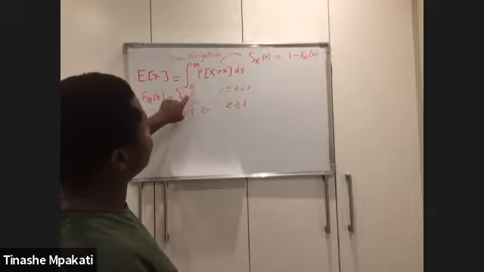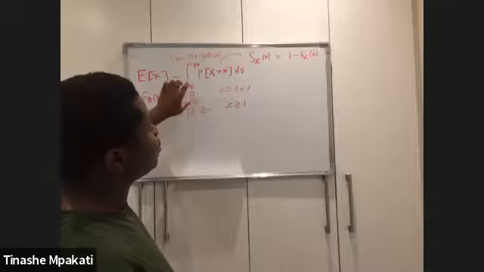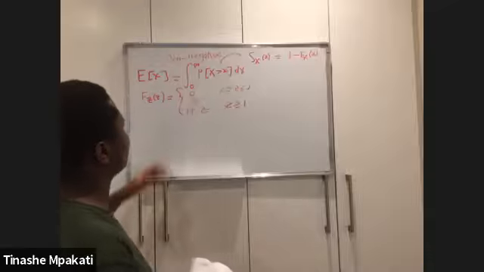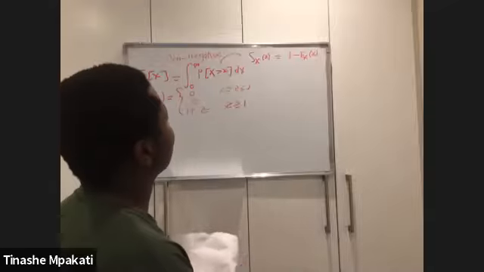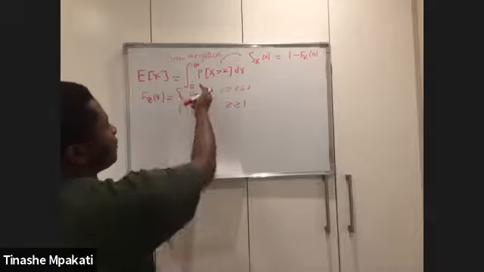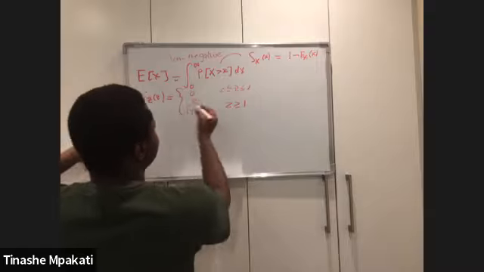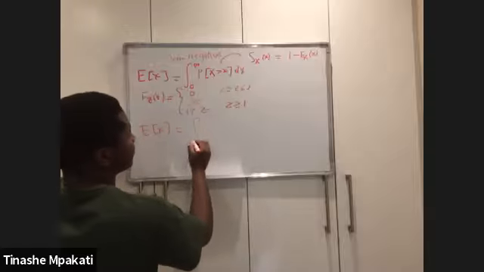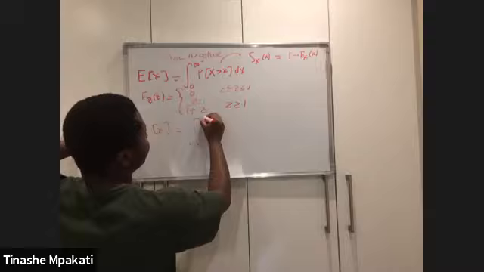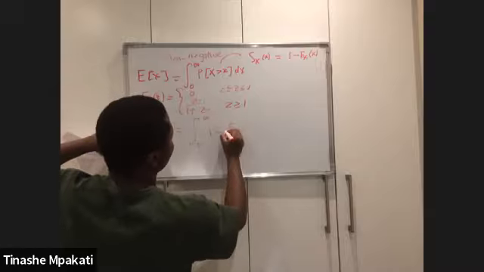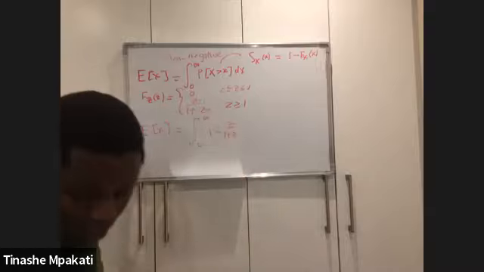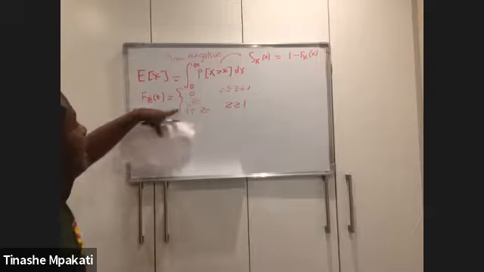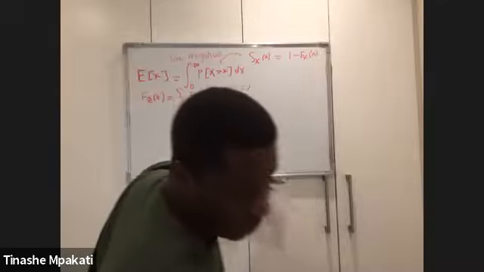Anyway, my point with this example is that whenever you're given a CDF like this, when you're given this 0, you need not take that for granted, because I've seen a mistake that I've also made before. When you now consider your survival function, you can easily just ignore this part. Why? Because it's 0, and you just say that your expectation of x will be equal to integrating from 0 to infinity of 1 minus z over 1 plus z. This will be wrong. Why? Because as much as your CDF is 0 when z is between 0 and 1.